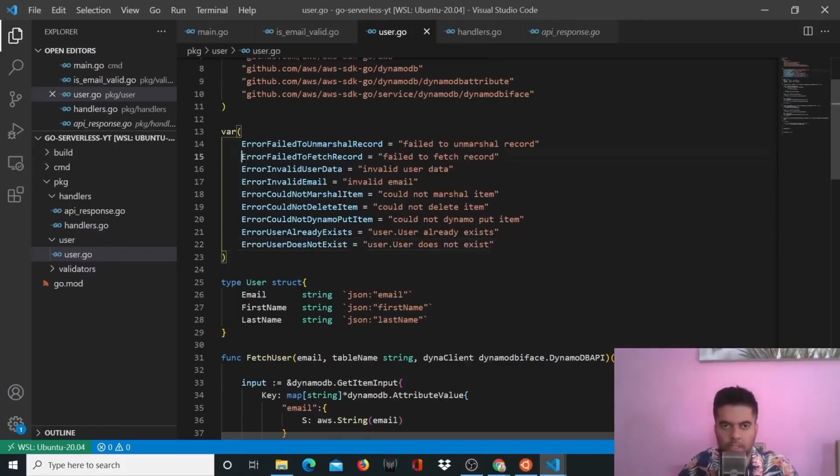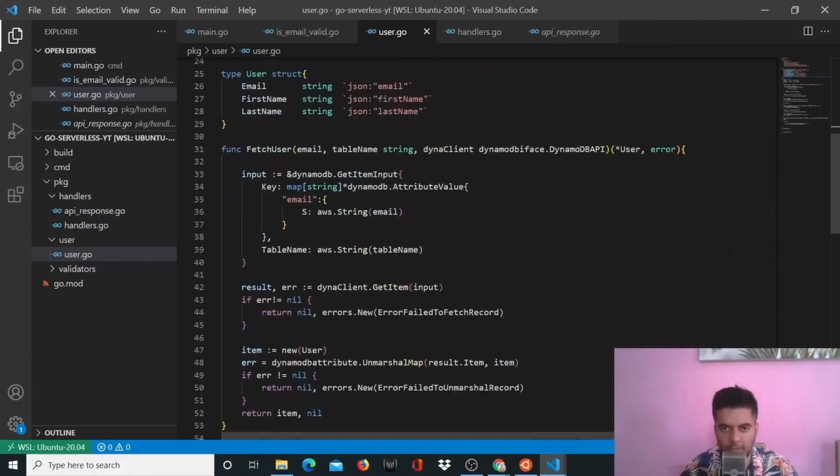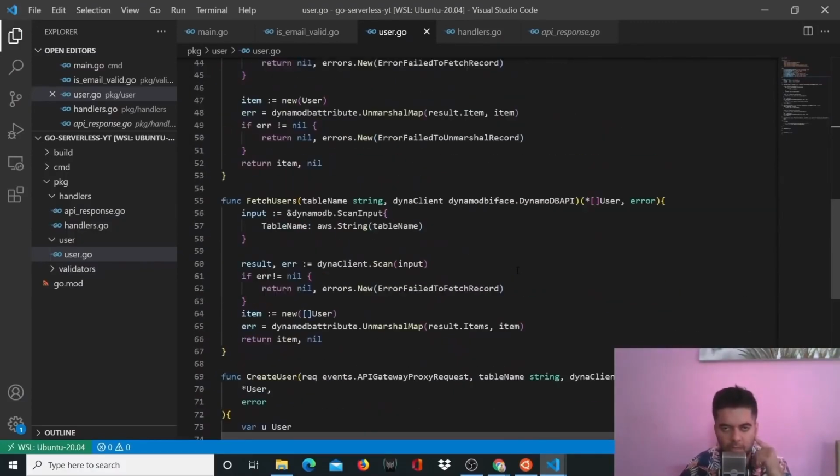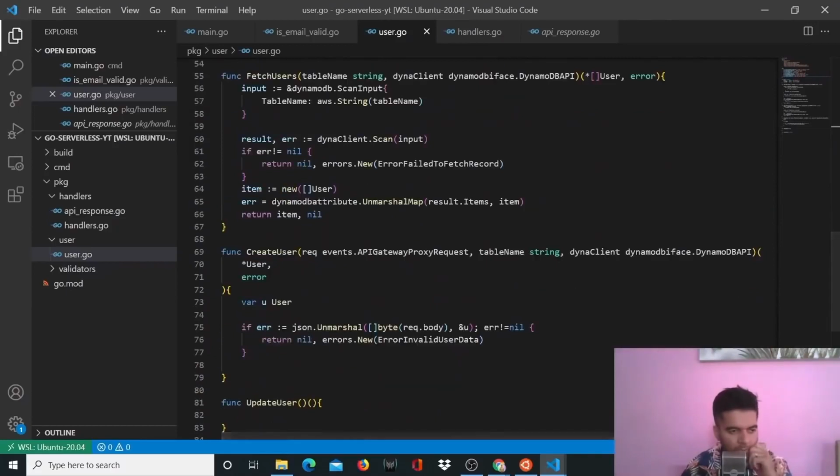So why do I need all these errors? Obviously, by now you would have understood. I'll just give you an example: when creating a user, if we check that user already exists, then we don't need to create that user. So that's why we need this kind of an error. And if we're updating a user or deleting a user, we can use this: that user does not exist. So why are you trying to update that user, right? That's why I'm thinking about all types of error statements I'll need. So depending on that, I've just created them. So coming back to your create user,